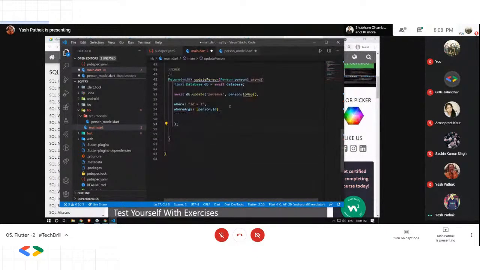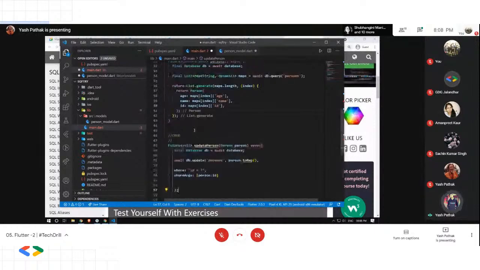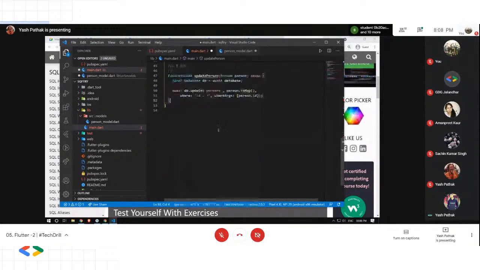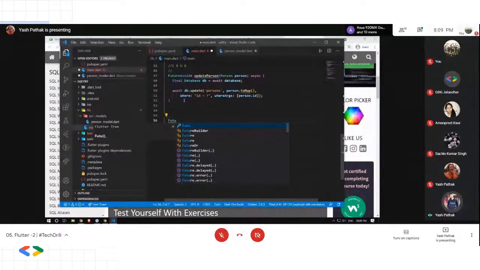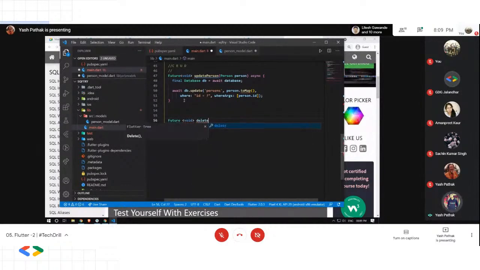Okay, now we are done with create, and we are done with update. Okay, now we are just left with delete and read. So let's just go and create another function. This time we'll create delete. So again, I'll be creating a future type return with void. Okay, and I'll type delete person